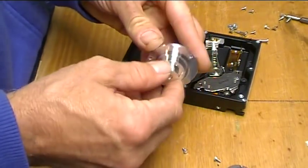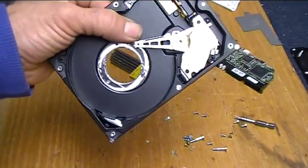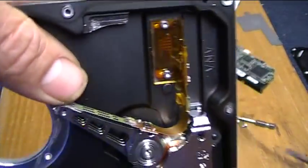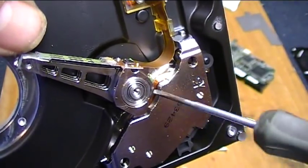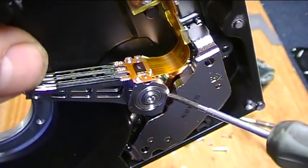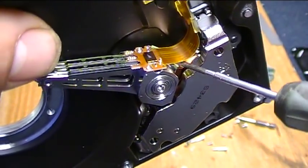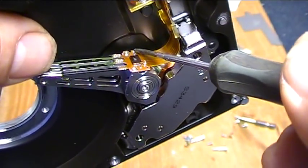There it is. Alright, everything's out of the way, the discs are gone, the motor's gone, and we can get at this linear actuator and see what's going on and what makes it tick. There's a winding on here, not unlike a voice coil on a speaker, that I want to access, and it looks as though 2 little wires kind of run under the ribbon cable there, and they end up over here,